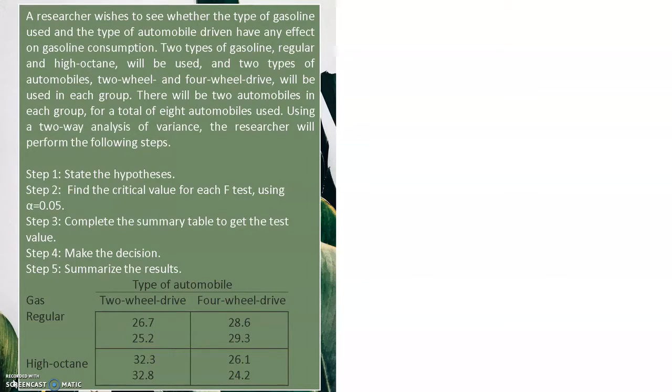Untuk step pertama adalah state the hypothesis. Kita kena buat beberapa hypothesis, iaitu untuk interaction dan juga untuk setiap satu independent variables yang ada. So, independent variable dalam soalan ni adalah types of gasoline dan juga types of automobiles. Okey, so kita boleh buat kat sini hypothesis yang pertama untuk interaction adalah